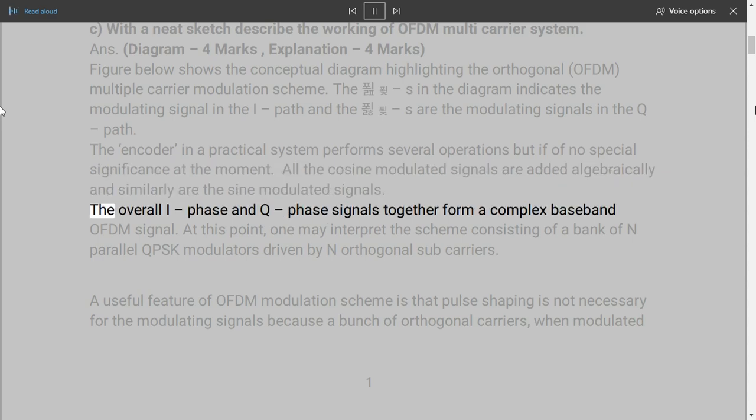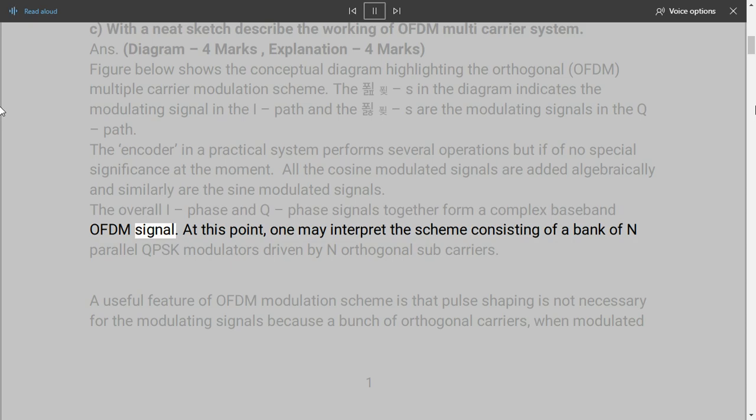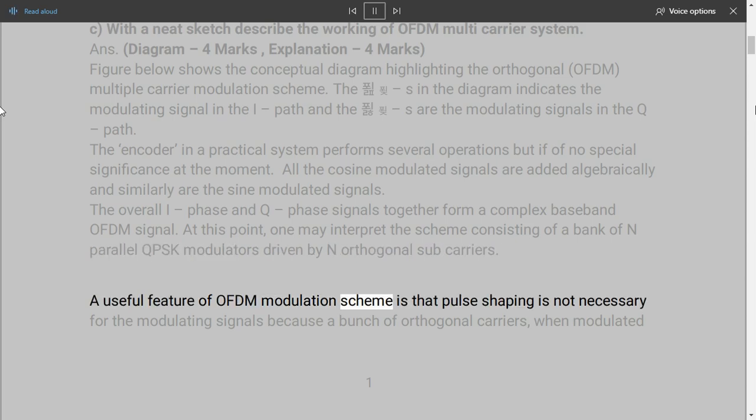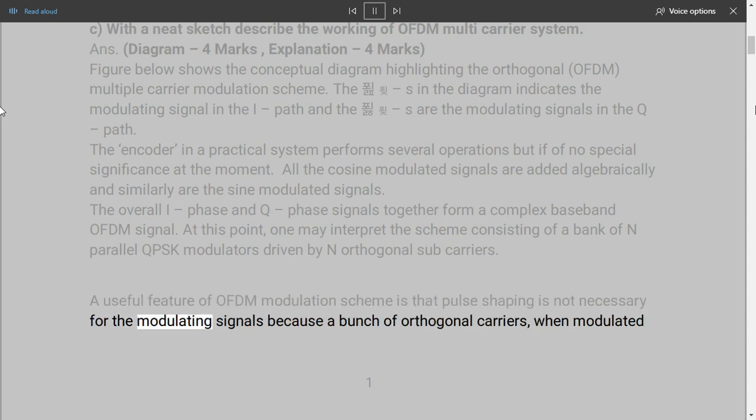The overall I phase and Q phase signals together form a complex baseband OFDM signal. At this point, one may interpret the scheme as consisting of a bank of N parallel QPSK modulators driven by N orthogonal subcarriers. A useful feature of OFDM modulation scheme is that pulse shaping is not necessary for the modulating signals, because a bunch of orthogonal carriers, when modulated